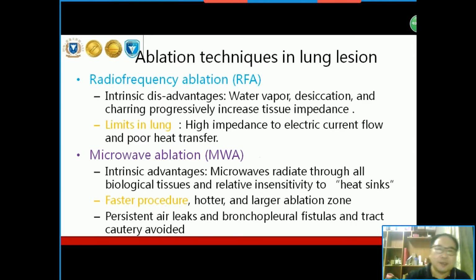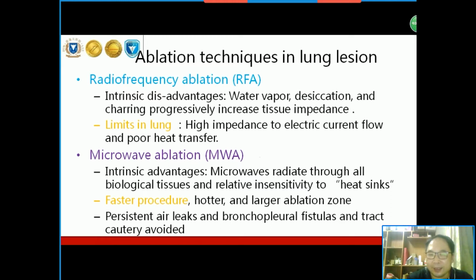I will briefly introduce the ablation techniques in lung conditions. First, radio frequency ablation. As we know, radio frequency ablation has its own intrinsic disadvantage, because water vapor desiccation and charring progressively increase tissue impedance, and there is limitation in lungs: high impedance to electric current flow and poor heat transfer because the lung is filled with air. Microwave ablation has advantages: microwaves radiate through all biological tissues and are relatively